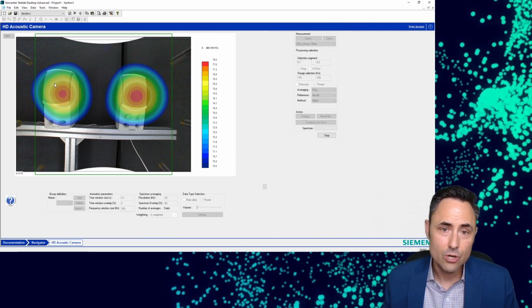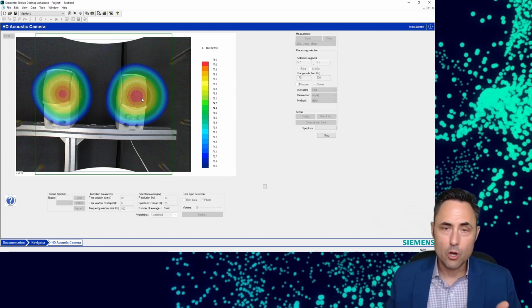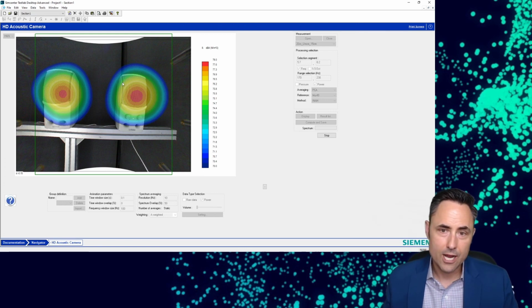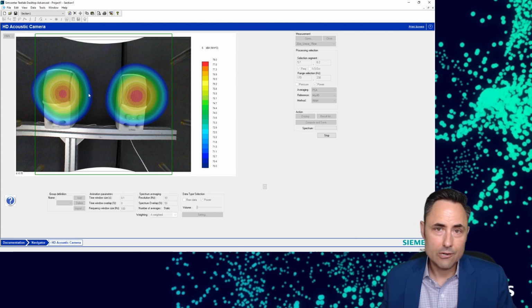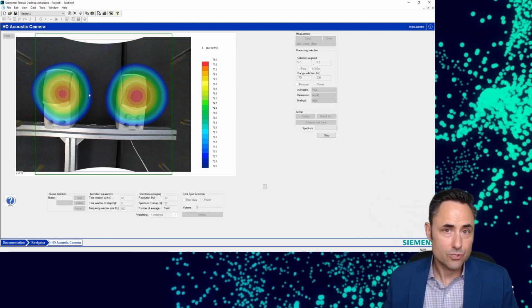I could tell you which of these speakers is responsible for contributing more of the sound power. So if I had an engine compartment or my air conditioner, and I've got my compressor and my motor and some other component in there, I could rank in terms of sound power the contribution from each of these multiple sources using this algorithm. Okay, so very, very powerful.